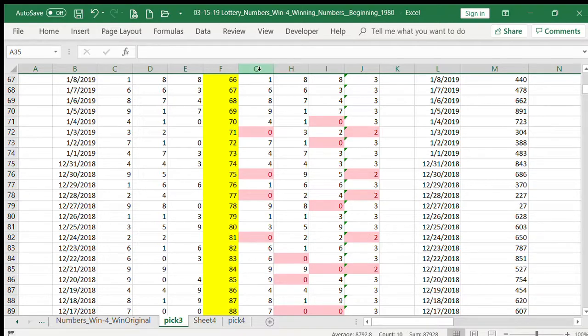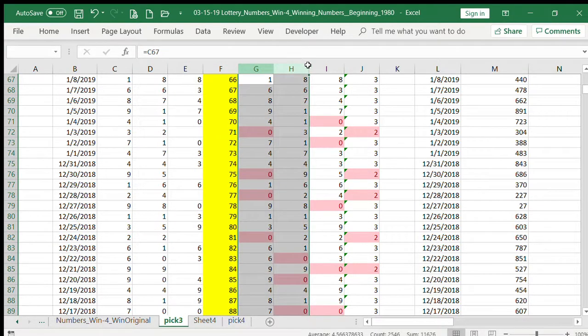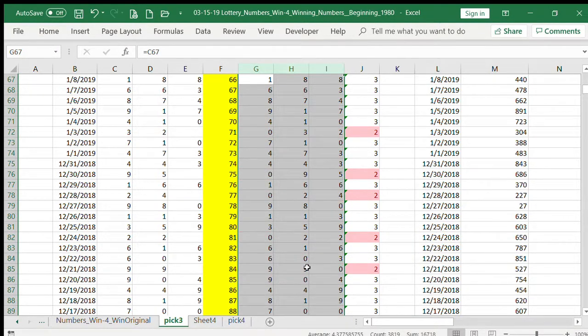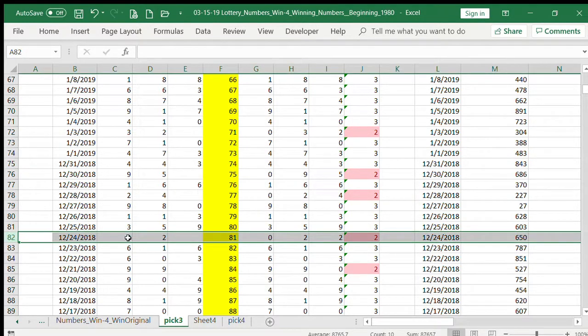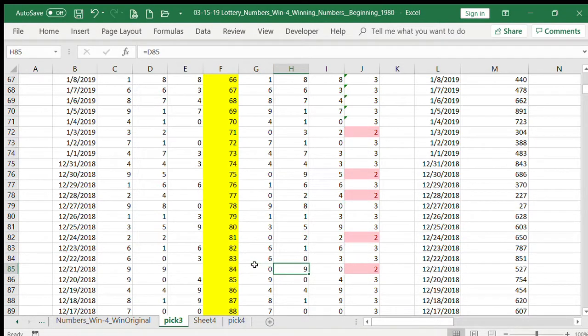So I can actually get rid of this highlighting because now it's just distracting me. So I'm going to home, conditional format, clear rules from selected cells, and then I'm just going to go down like this. So 022, okay, 022, all right, this should be 099,